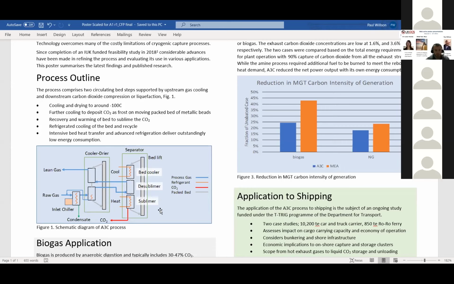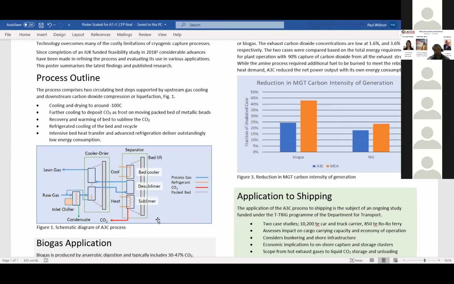The use of a metal bead as a heat exchange and mass exchange intermediate avoids problems of frost buildup, and we maintain a very high heat transfer within the desublimer section where we frost the gases. The frosted bed is taken out of the contact region and into the sublimer where we warm it, and we reach a temperature of about -80, only about 20 degrees warmer than the desublimer conditions,